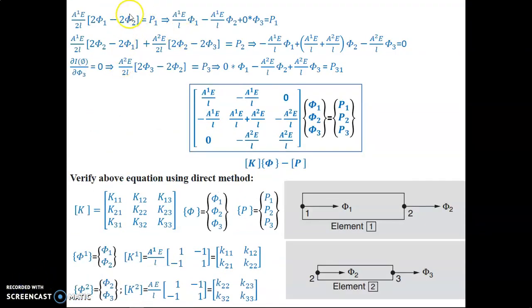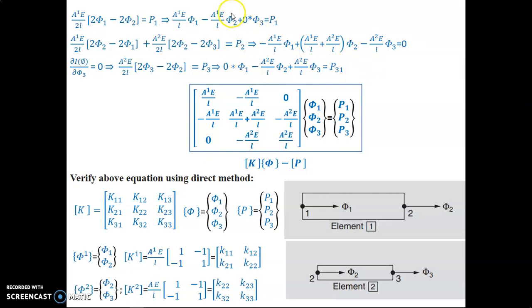Now in these three equations we will segregate the terms for phi1, phi2 and phi3. So the first equation can be rewritten as follows. Here we have the phi1 term and phi2 terms; the phi3 term is absent here, so its coefficient will be taken as 0. Similarly, we will segregate the terms for phi1 and phi2 in the second equation, so here we will get the coefficients associated with phi1, phi2 and phi3. A similar exercise can be performed for the third equation. Here the coefficient with respect to phi1 is equal to 0.